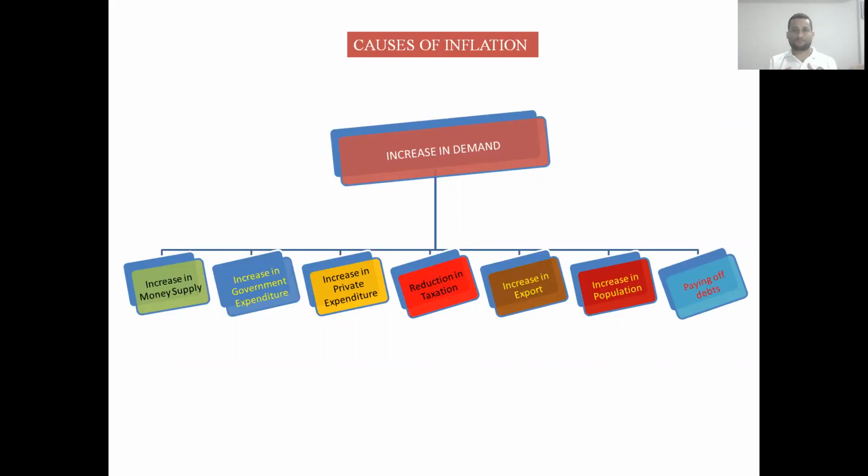If the amount of credit in the economy is increased, then that will be invested in different activities or that will lead to an increase in the purchasing power of the people. New employment may also increase.